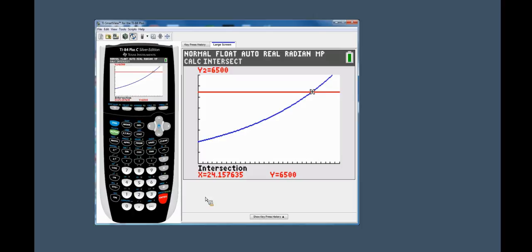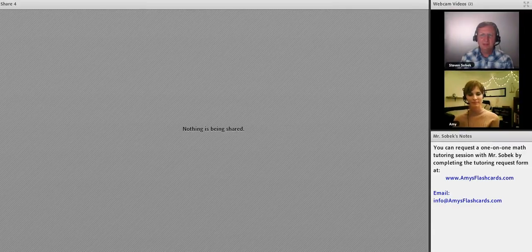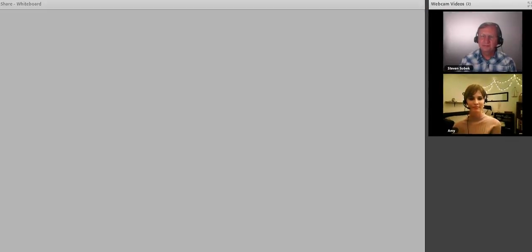Graph the left side, graph the right side, see where they hit, and the x coordinate of the point of intersection is the solution to the equation. Sometimes there are multiple solutions, and I wanted to just let you know that the graphing method does work here. All right, but our main focus is solving exponential equations with logarithms, and so we are going to